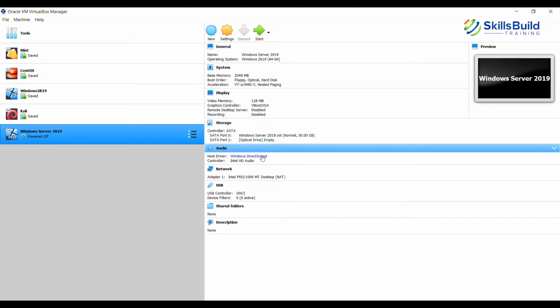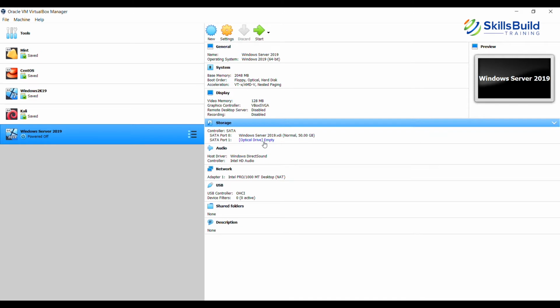Now, there are two options in storage. So one, I do not assign the ISO image, that is basically the set of installation files, right now. And I leave it as is. Once the virtual machine boots up, it will prompt me to select that particular ISO file to install Windows Server 2019. Or I could simply assign the physical DVD if I have inserted it into my host system's DVD drive. So we will assign that image right now.